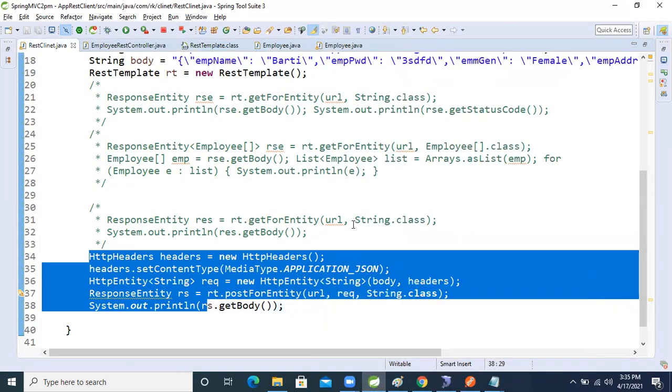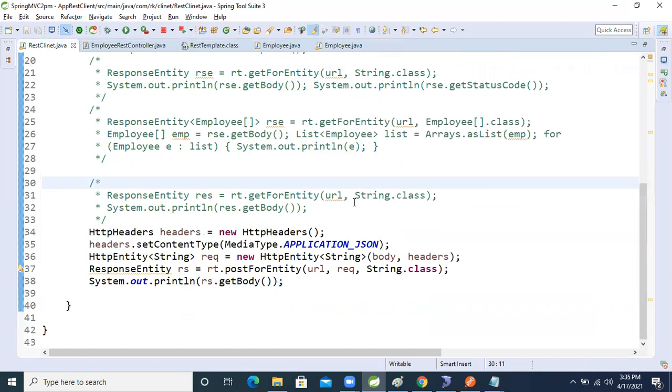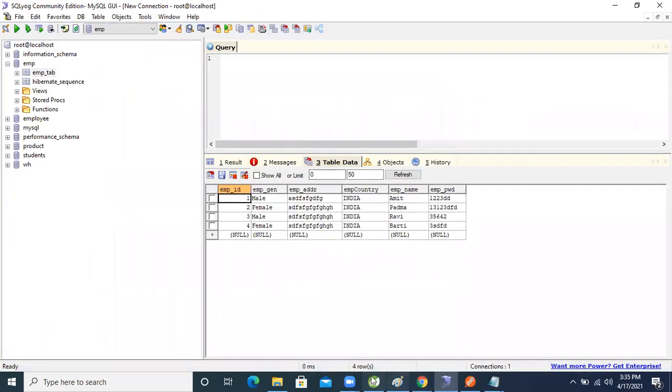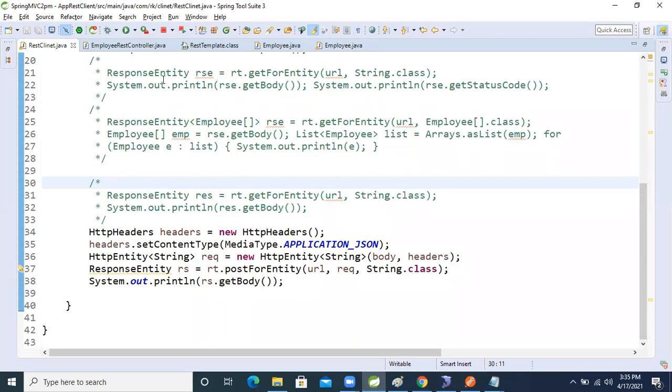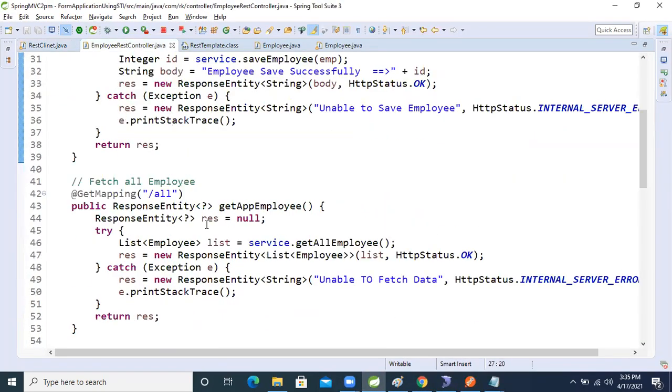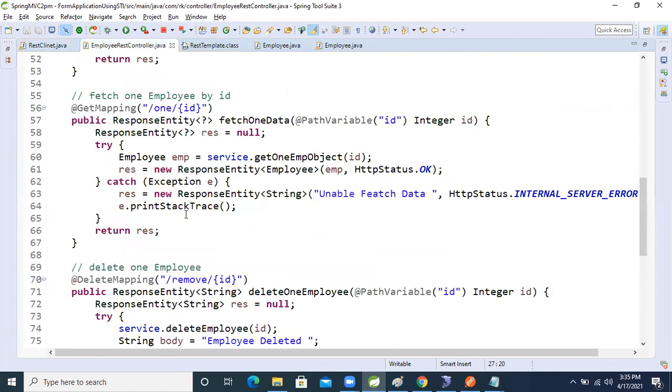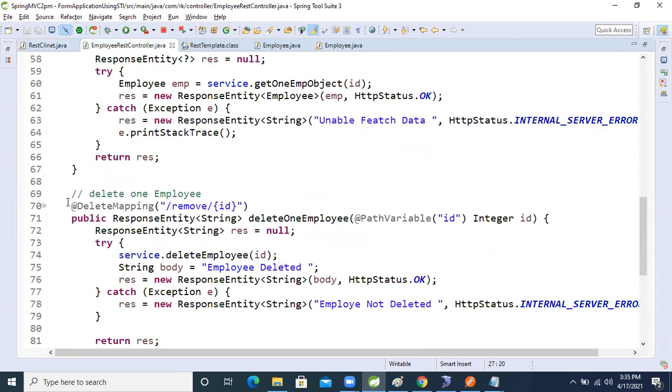Okay, now there is another one more, right? What is that? Update it. Let's update the data. For that, the put method is there, right? The put method is there in our end user. Yeah, the employee controller, right? So let's gather the information about this one.